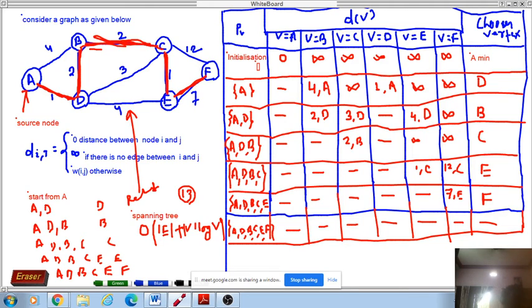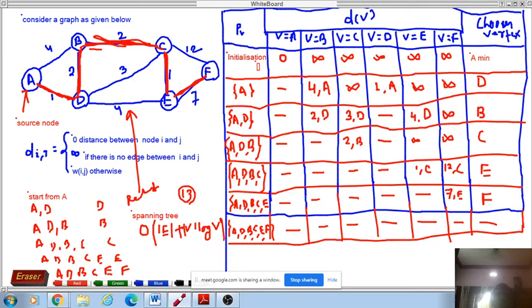If the shortest path between any other pair of vertices is required, say C and D, then one can run this algorithm again considering C as the source. I have taken A as the source. If somebody says I will take F as source, you can also consider that, no problem. Anywhere you can start when using this algorithm. That will be your source vertex. You have to travel from the source vertex. Let us take another very simple example.